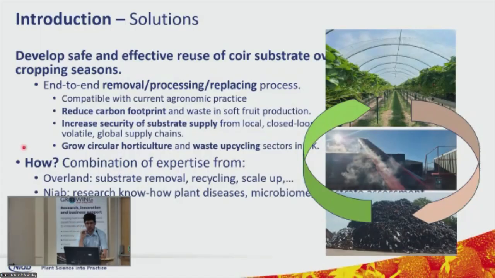And within this project, we combine two kinds of expertise. One is Overland, a company specializing in recycling, and they have an automated process for taking coir bags out of the polytunnels and then processing them to remove all the plastic, all the roots and plants and crowns, and all the leaves. They separate everything, compost everything, recycle everything they can, and they end up with a lot of coir,